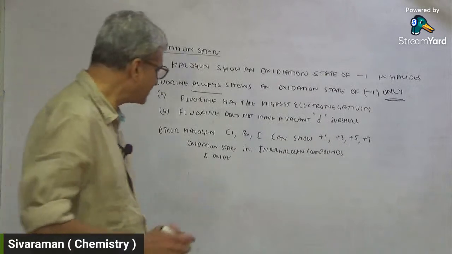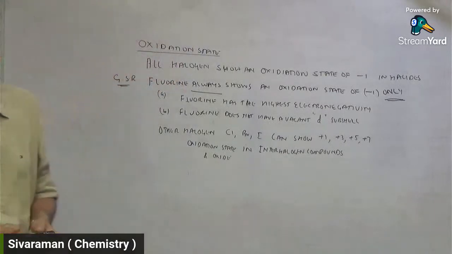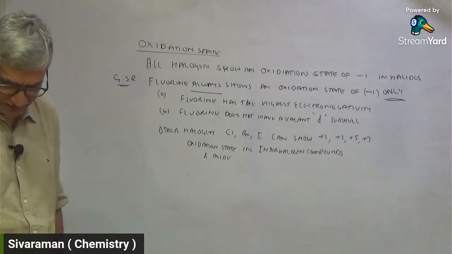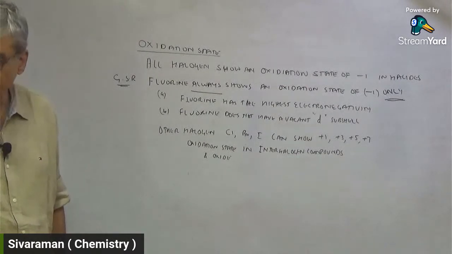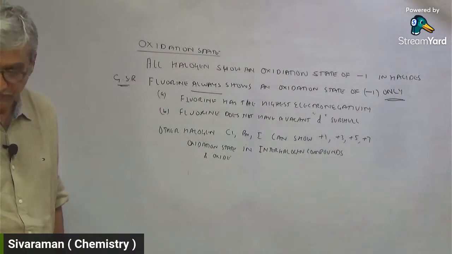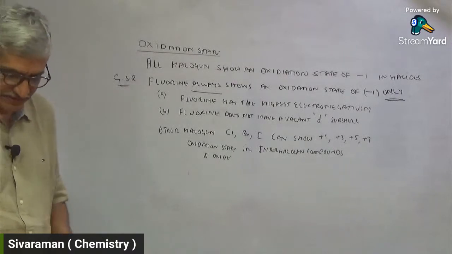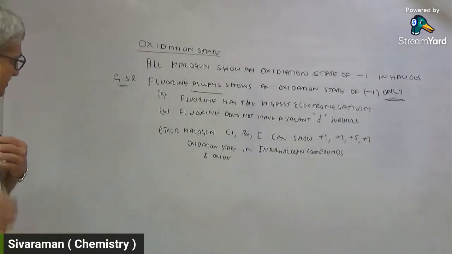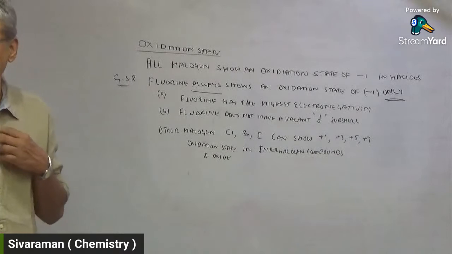I think that's all. You can take down this and we stop here today. Tomorrow I'm going to take the chemical properties, and then we will come to compounds, that is chlorine and hydrogen chloride, interhalogen compounds and oxyacids of halogens. Tomorrow we'll tackle chemical properties. When you finish, you leave the portal.